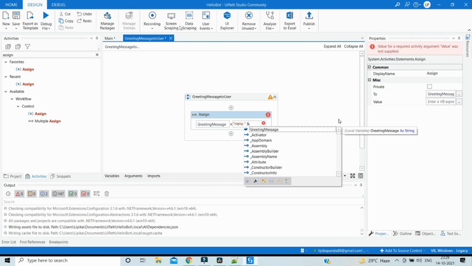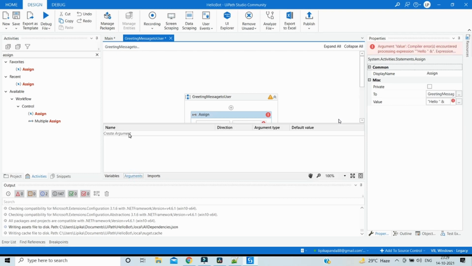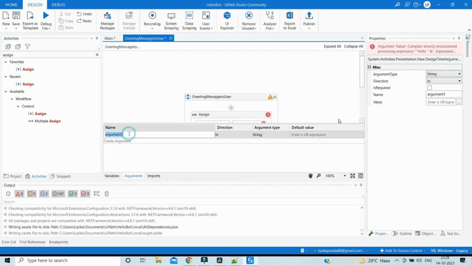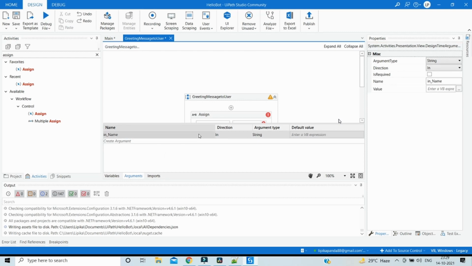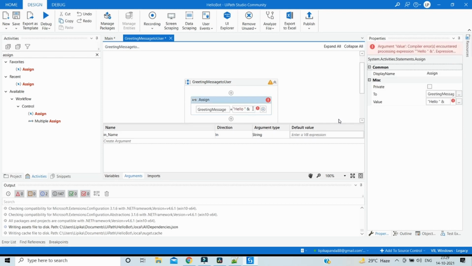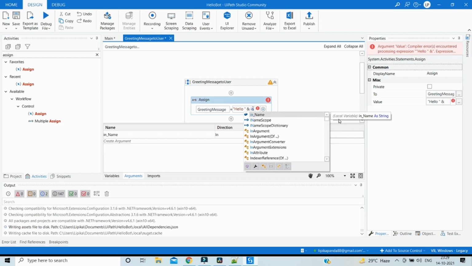But in order to get the name variable, we have to have the arguments. So we need an input argument, say in name. The general convention we can follow is in for input. It's a string type, and then we will use this over here,